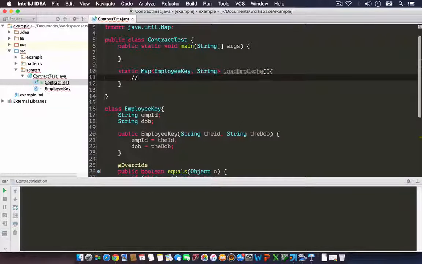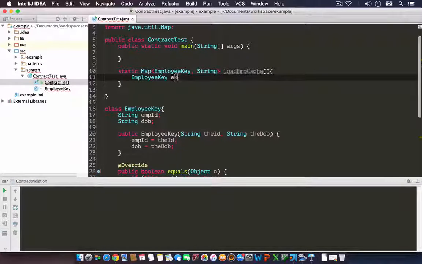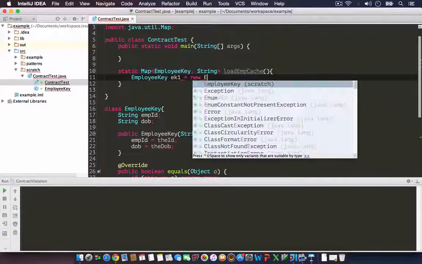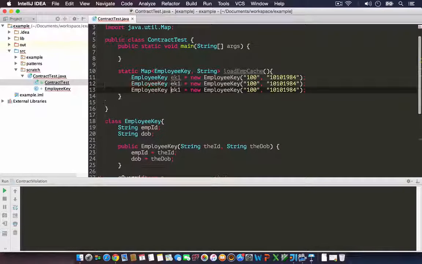So let's assume some DB operations are done and we are populating a hash map to represent the cache. So for now, I'm going to create a mock implementation, which is basically hard-coded employee keys and values. So first step is to create the EmployeeKey. EmployeeKey1 equals new EmployeeKey with employee ID, let's say 100, and date of birth 10/10/1984. So let's create a few more keys: employeeKey2, employeeKey3, and let's add 1,